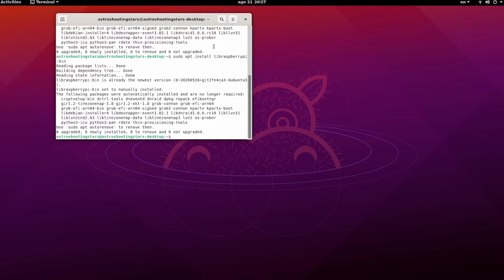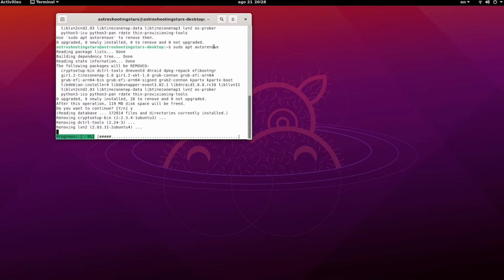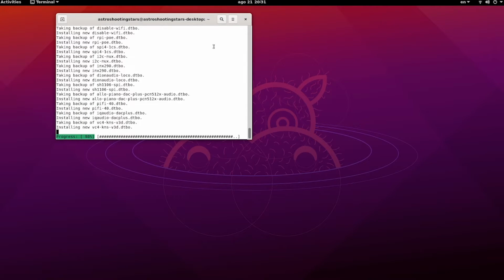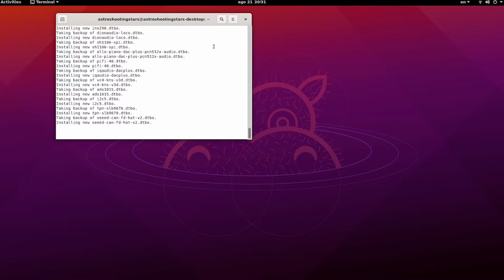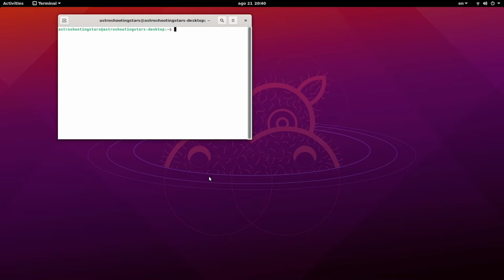next thing we need to do is to remove any and all the software which is not required on your Raspberry Pi 4. This we can do by another command which is called sudo apt autoremove. Once all the non-essential packages are removed, your system is now clean and ready to install the INDI drivers. So now let's get started by installing the INDI drivers with a fresh terminal window.